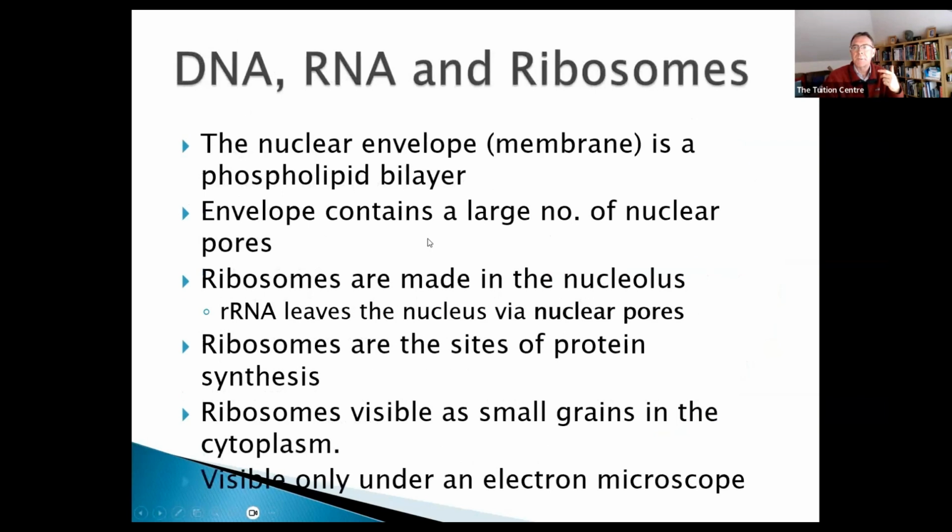Ribosome, I'm just going to skip this because we're doing it next week. Ribosomes are where you get proteins being made. It's the site of protein synthesis. They're composed of about a 50-50 mix of RNA, ribonucleic acid, and protein. But here's the interesting thing: it's the RNA that does the catalyzing. It's the enzyme. Weirdly, we'll see when we do enzymes that we thought all enzymes are proteins. Well, here's an exception: the RNA in the ribosome is actually the enzyme doing the work. They're visible just as small little grains in the